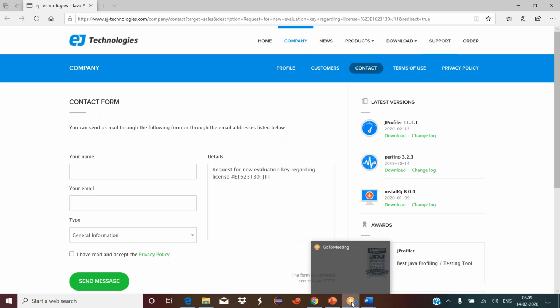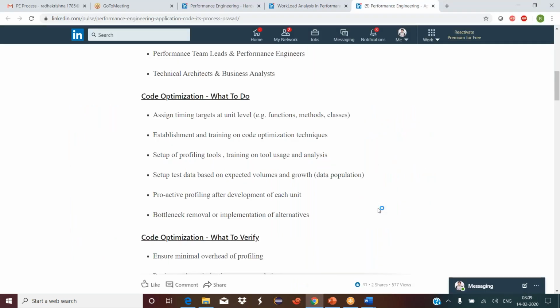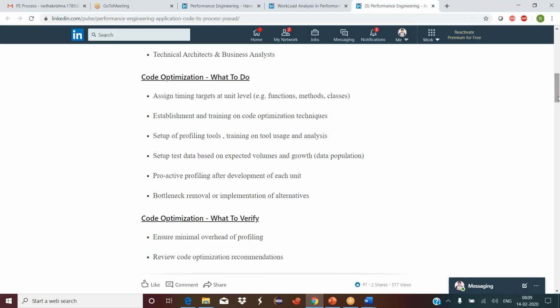So in what way you will be involved in code optimization is, you will work on JProfiler or any profiling tool. When you profile a heap dump, right, it will give you the entire information of all the classes, methods, and other elements, objects in the Java program, and it will clearly give you a list of how much time each one is taking. So you can take a snap of that and say that these are the top 13 classes or 17 methods that are eating